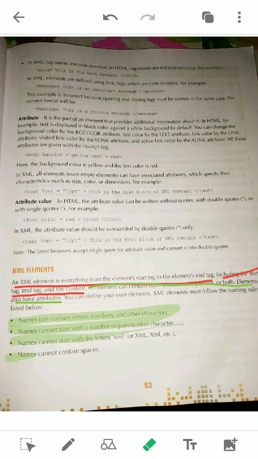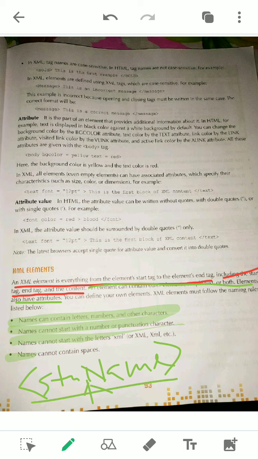It can be written as studentname together. That means there should not be a space in between, whatever you write.